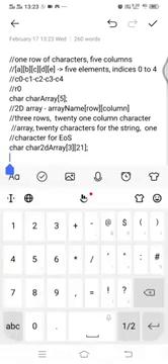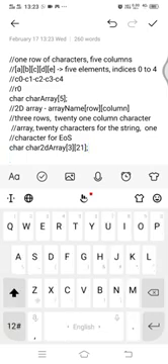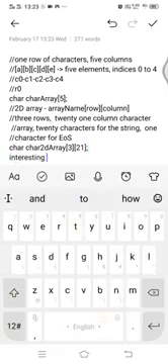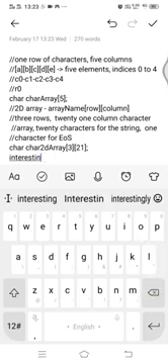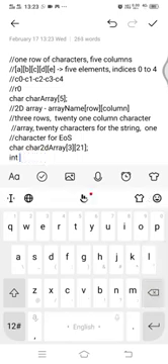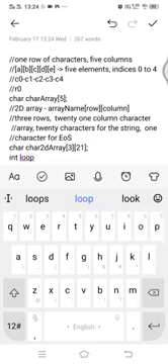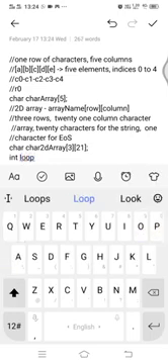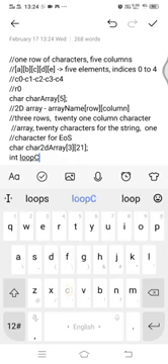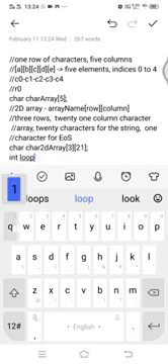Let that counter be called int loop, or rather a bit better, maybe we'll use several loops, so loop 1